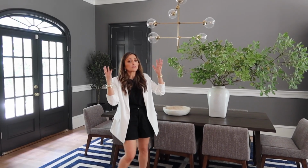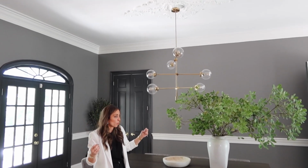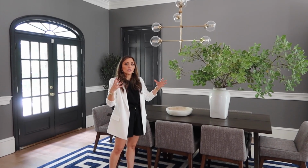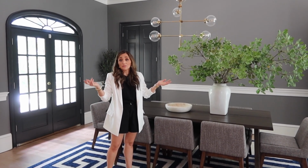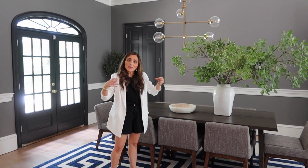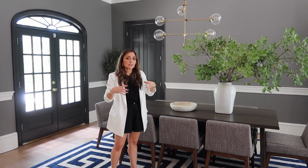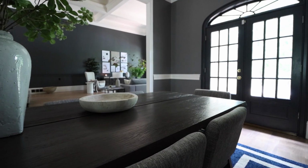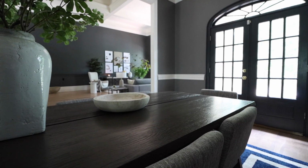Yeah, and we kept, of course, the ceilings white and then the trim white and all those kinds of things just help these dark colors. The room is massive, so I just feel like we could have gotten away with it. And it doesn't make the space feel smaller. It just makes it feel grand. So I love it. I really wanted to anchor this room with something that was exquisite because the room really